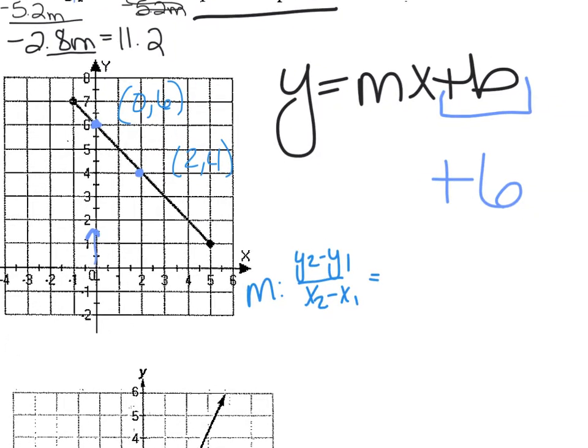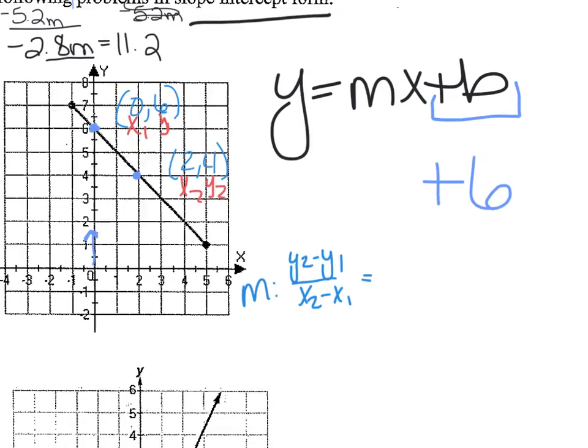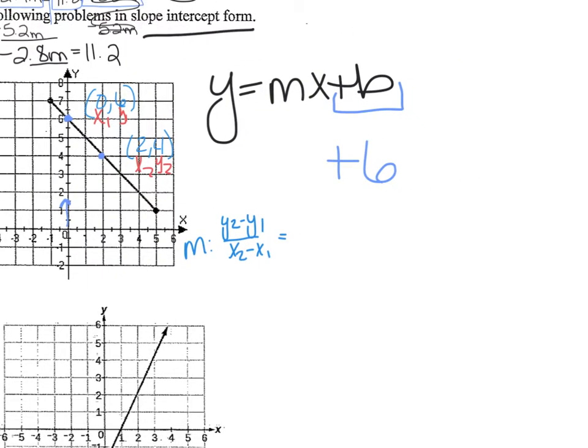So if we label those, using a different color, x and y and my 2's, and then plug it into the formula. So I've got y2 was 4 minus y1, which was 6, on top of x2, which was 2,